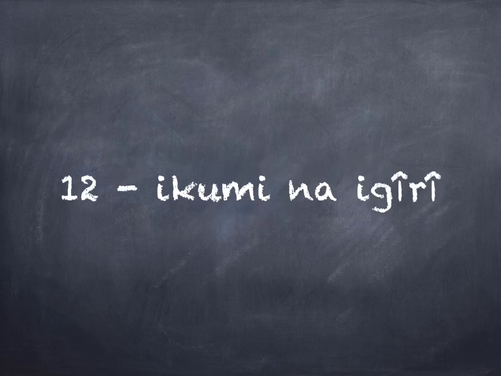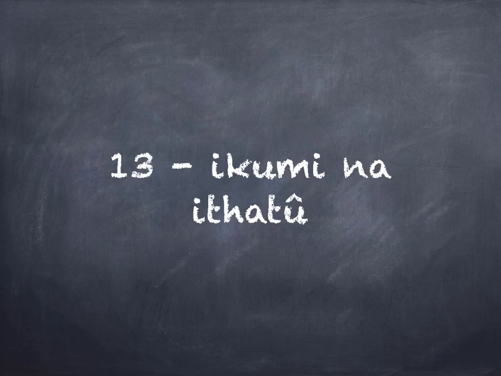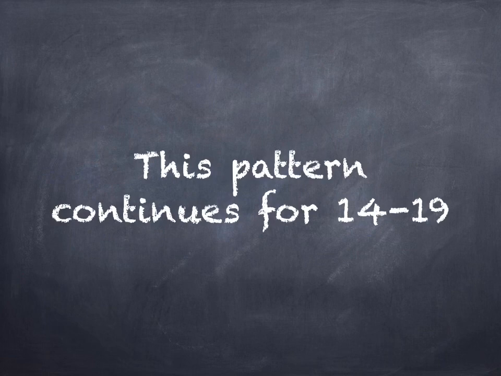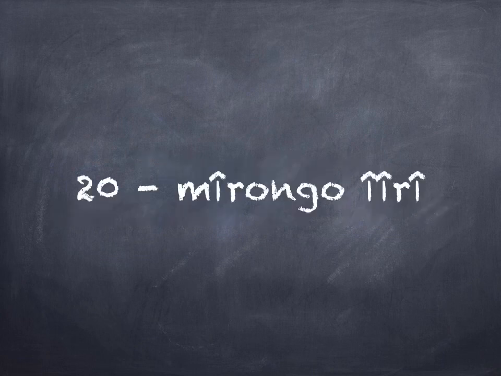The number 12 is ikumi na igîrî. A combination of 10 and 3 now becomes ikumi na ithatû. This pattern continues for the next numbers, that is 14 to 19. Number 20 is